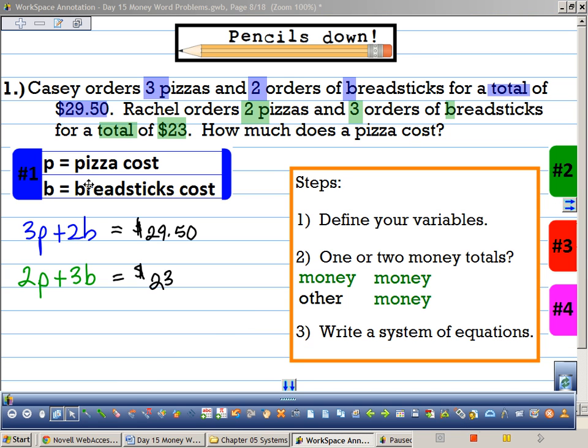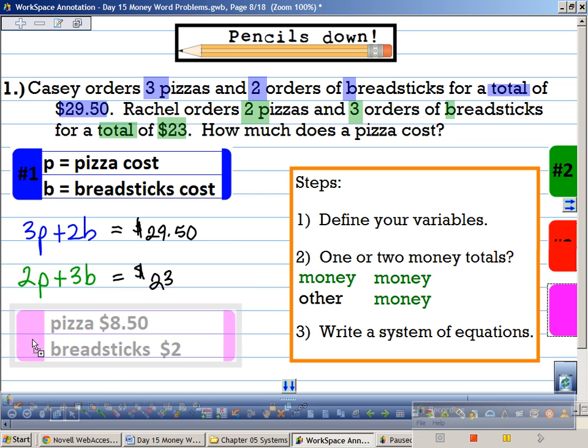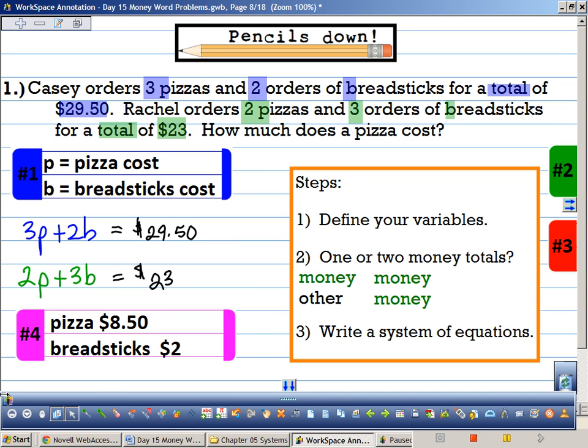So define your variable. We did that. We figured out we're going to say P for pizza, B for breadstick. One or two money totals. This happened to be two money totals. Write a system of equations. Did that. Here's our answer. Pizzas are $8.50, breadsticks are $2. Take a look at that for a second silently. Pick which one you want to figure out